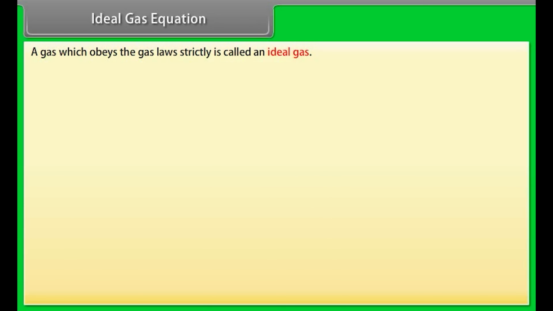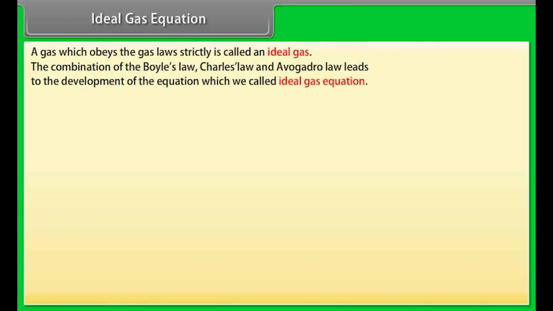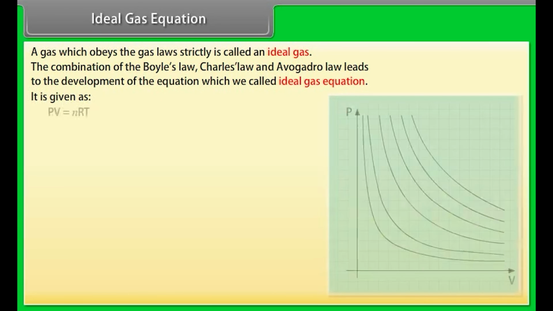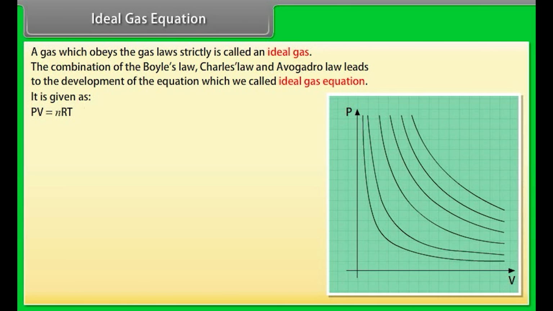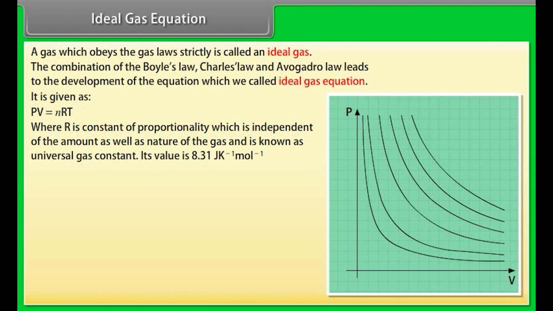Ideal gas equation. A gas which obeys the gas laws strictly is called an ideal gas. The combination of Boyle's law, Charles' law and Avogadro's law leads to the development of the equation which we call the ideal gas equation. It is given as PV = nRT, where R is the constant of proportionality which